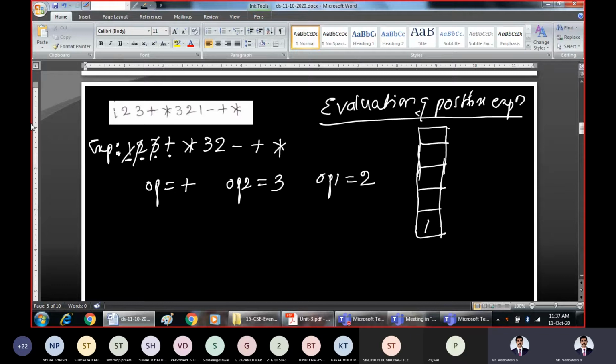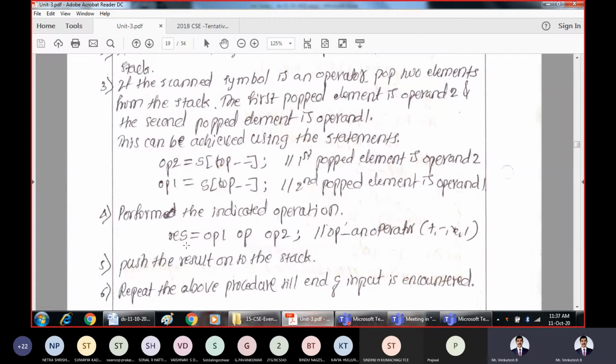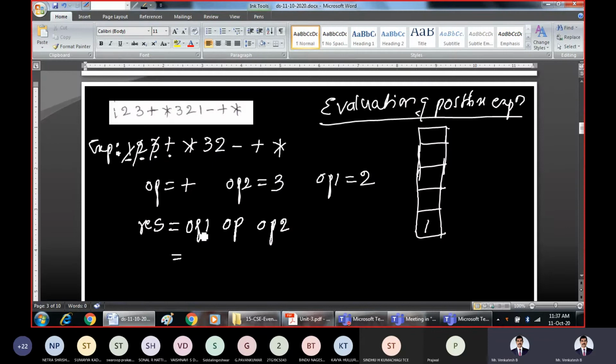Now once you have this, perform the operation, that is, the intermediate result is equal to operand 1, operator and operand 2. So what is operand 1? Operand 1 is 2. What is the operator? Plus.